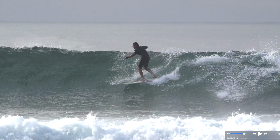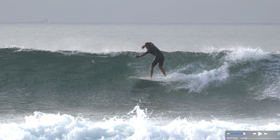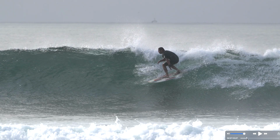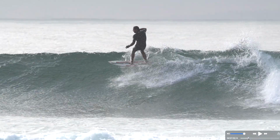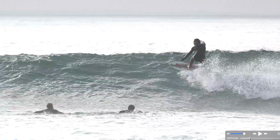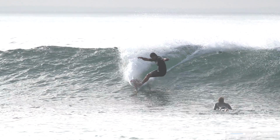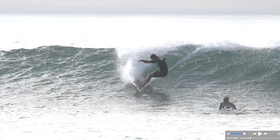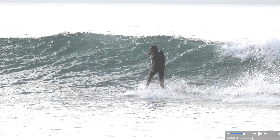Now he's pumping and he's staying high on this wave. You see this little crumbly section here. If he was back here off that turn, he wouldn't have made this section. So as he keeps going, he knows I want to be up high. I got to get as much speed as I can. And now he's flying and he comes into this turn. This guy's like, please don't cut that thing all the way back into me. And he doesn't. He stops right here, does lose a little bit of power, a little bit of speed right